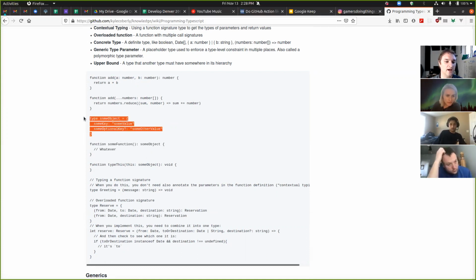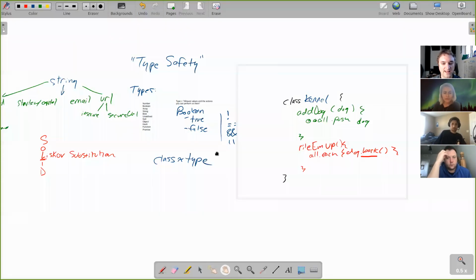So I've declared a type. It's something that has this key and could have this key. And then I can also say, oh, and it has to have this value or this union of values or needs to be a subtype of this other type. These can be whatever. And what this is saying is when you invoke this function, it's going to return something that has that shape. And that lets us do things like know that something can bark.